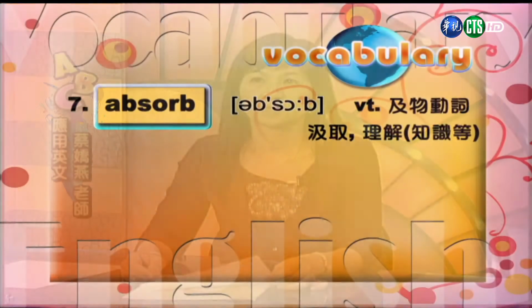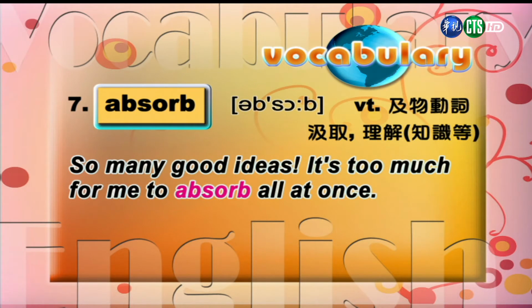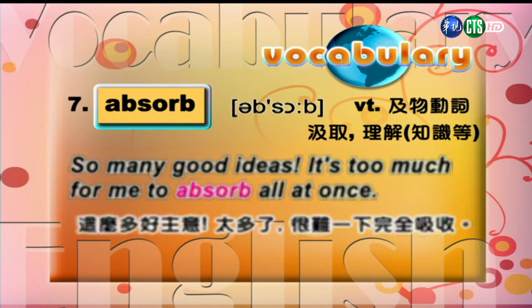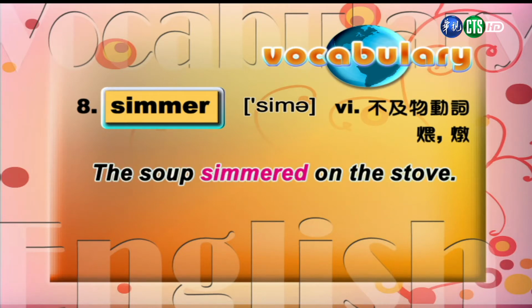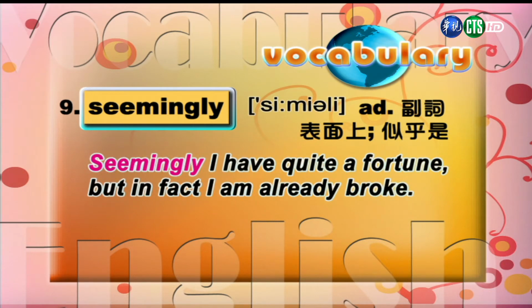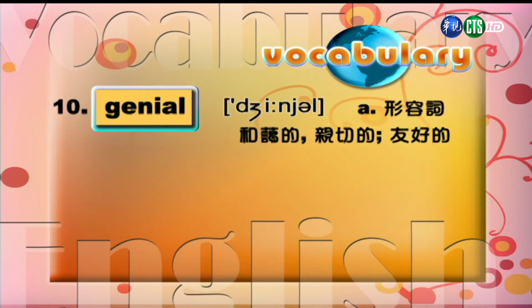Let's take a look at the vocabulary number 7. Absorb, verb. 动词 汲取、理解、吸收。 So many good ideas, it's too much for me to absorb all at once. 有这么多好主意，太多了，很难一下子完全吸收。 Number 8, simmer, verb. 动词煨、炖， The soup simmered on the stove. 汤在炉子上炖着。 Number 9, similarly, adverb. 副词表面上似乎是， Similarly, I have quite a fortune, but in fact, I'm already broke. 我表面上似乎挺有钱，实际上我早已破产。